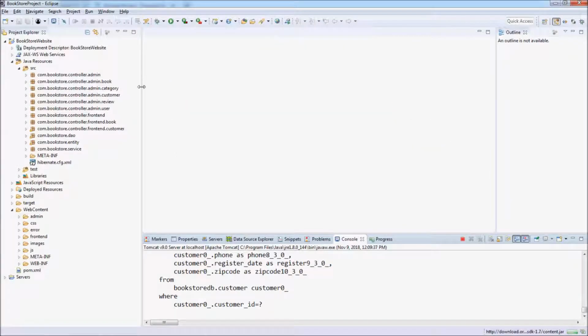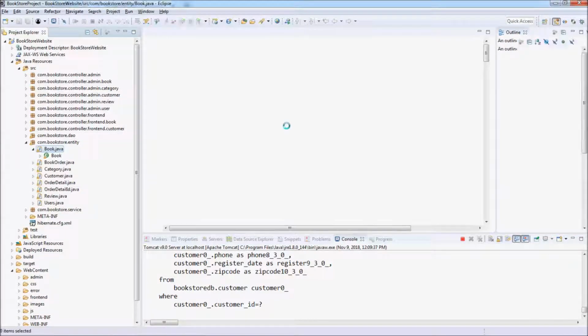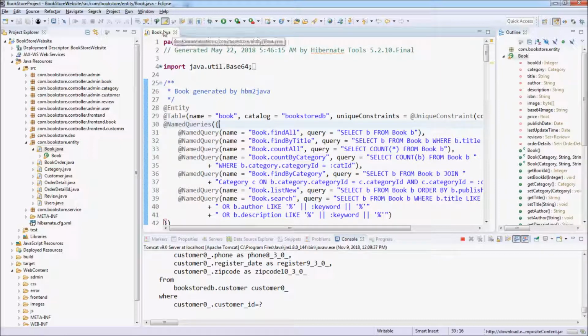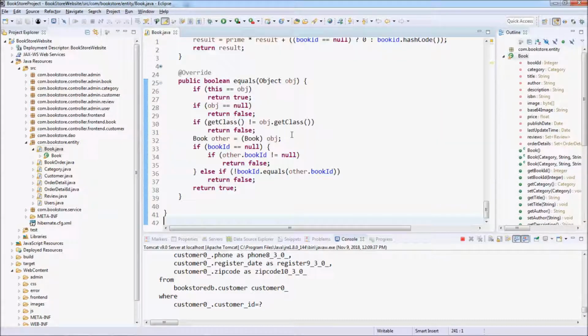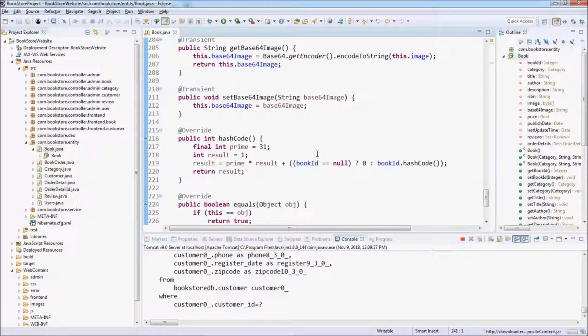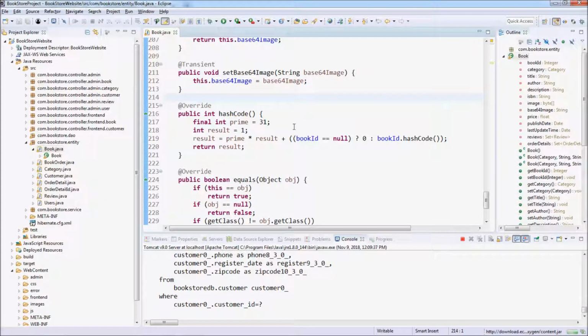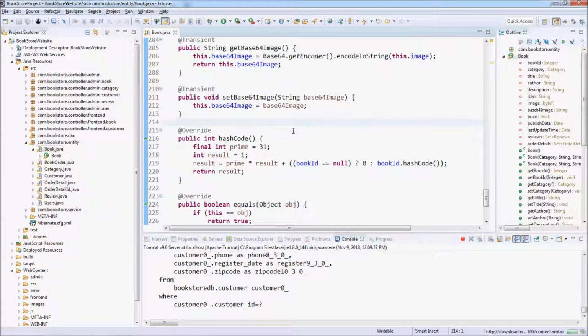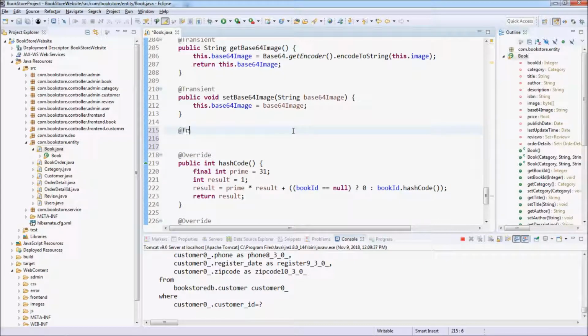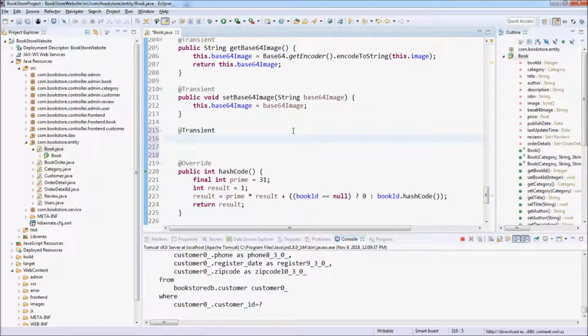So go back to our Eclipse IDE and open the domain model class Book.java here. We need to write a transient method here to calculate the average rating of the book. Transient. The method mark